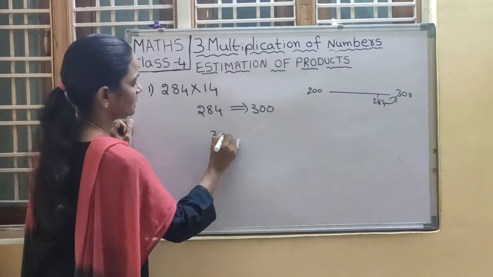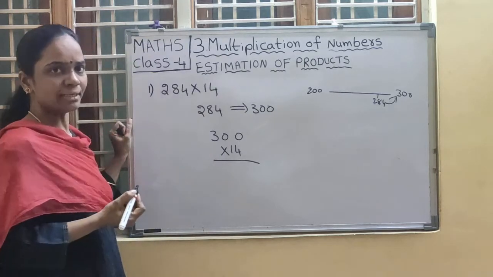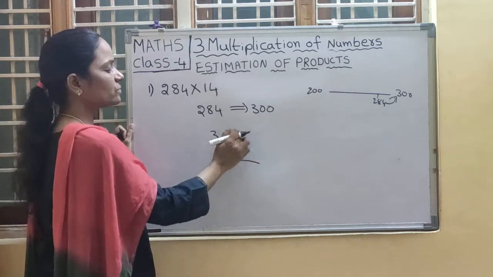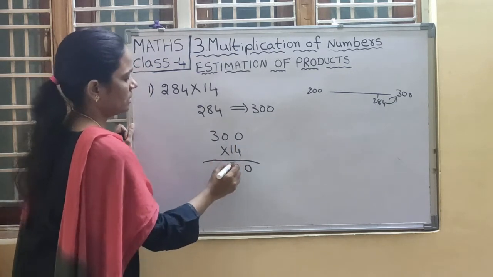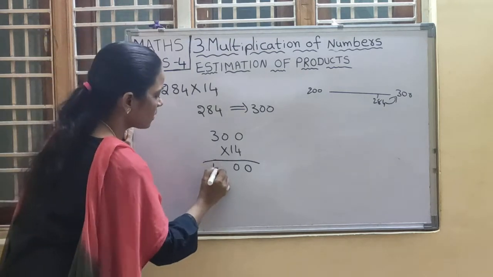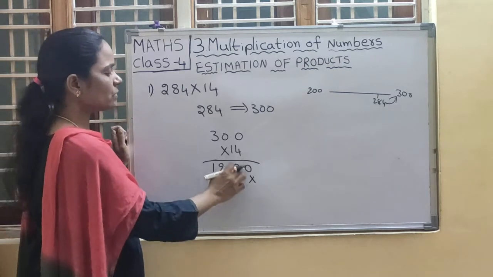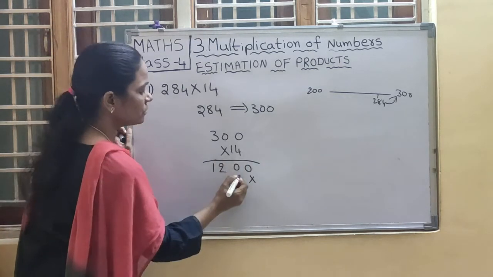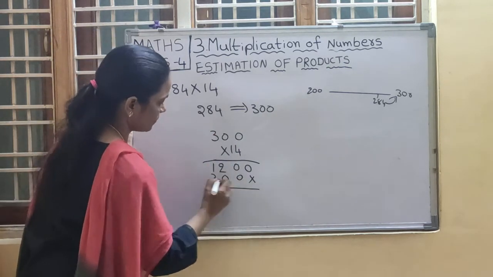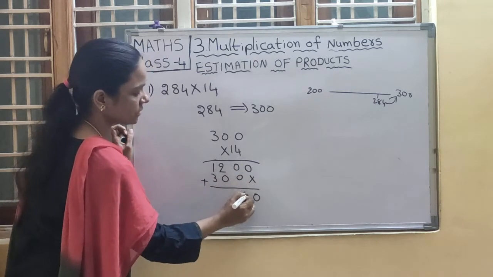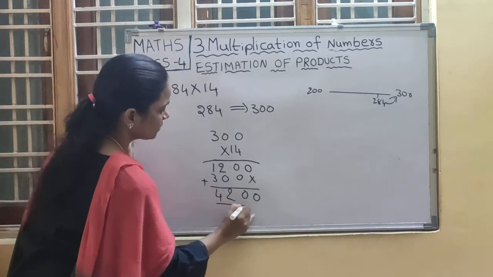Now shall we take multiplication? So 300 into 14. Okay, now do with 4. 4 into 0, 4 zeros are 0. 4 into 0, 4 zeros are 0. 4 threes are how much? 4 threes are 12. Now for the ones place put the multiplication symbol and start with the tens place. 1 into 0, 0. 1 into 0, 0. 1 into 3, 3. Plus 0: 0 plus 0 is 0. 2 plus 0 is 2. 1 plus 3 is 4. What is the product now?